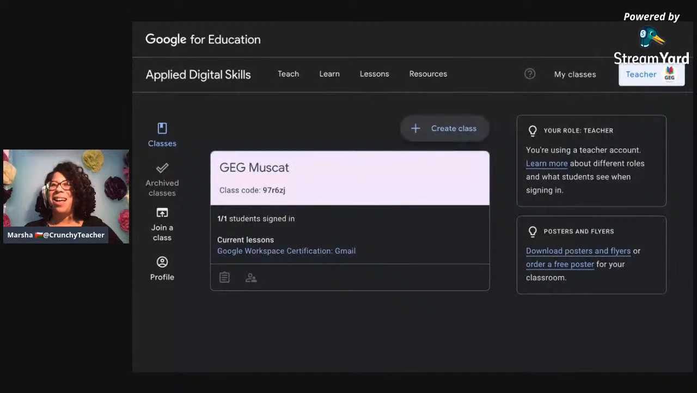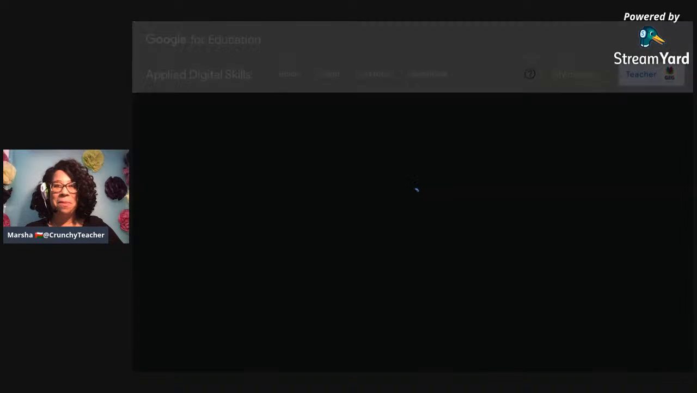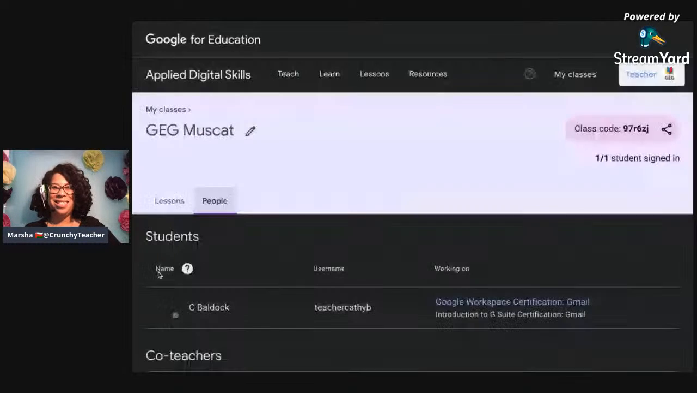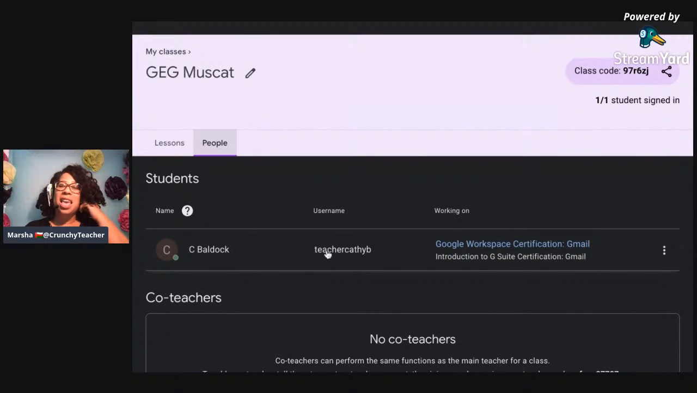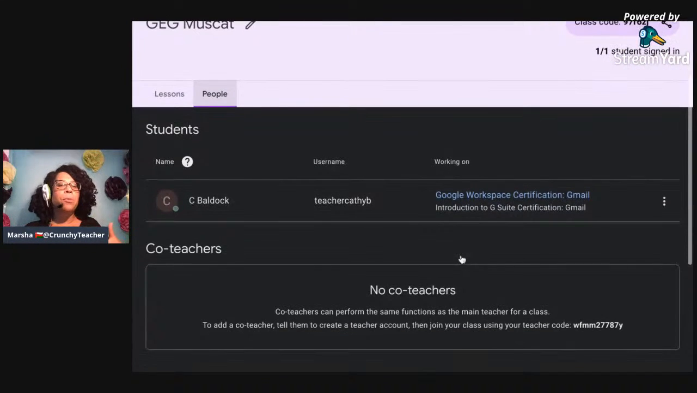Okay, so under my GEG Muscat class, you'll see a clipboard that shows my lessons and the little emoji icon. That shows all my students that are registered for a particular class and they go forward. So it looks like I have a student signed in. So I can see that one student is signed in, and then I can encourage and motivate that student